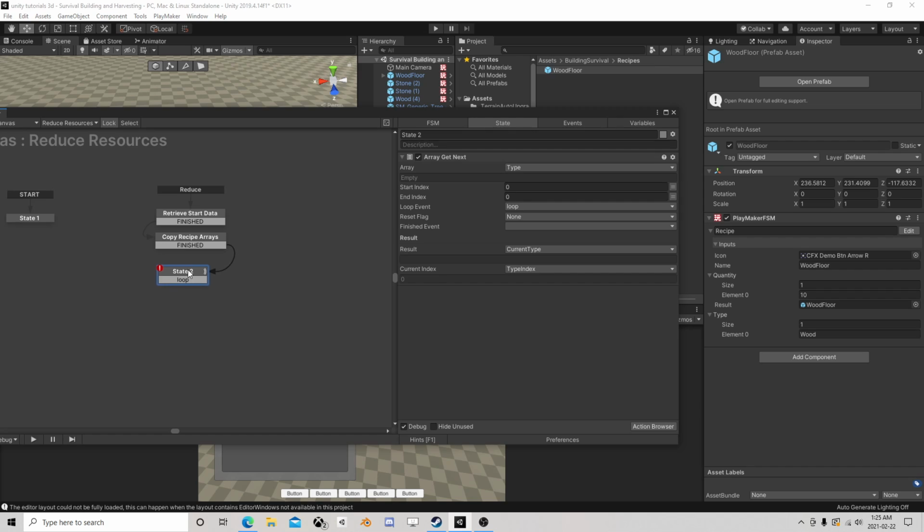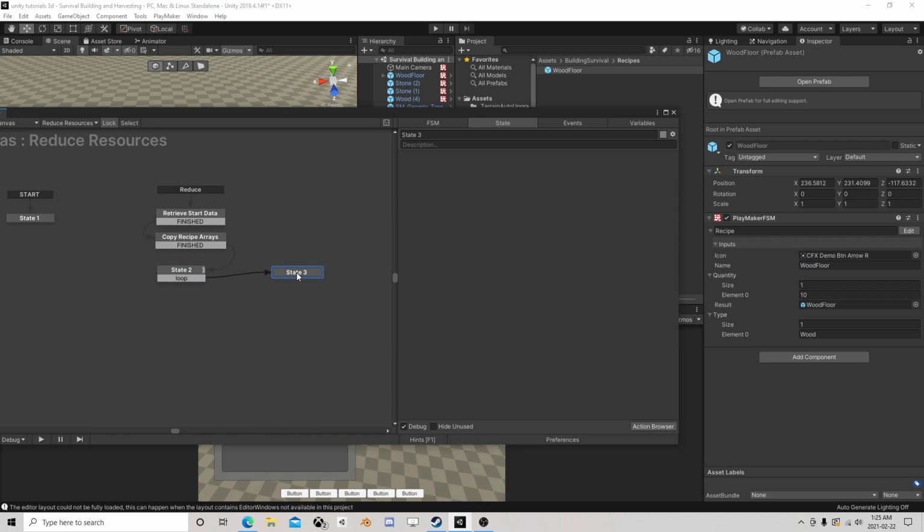So we're going to loop through this array, and as we loop through this array, we need to